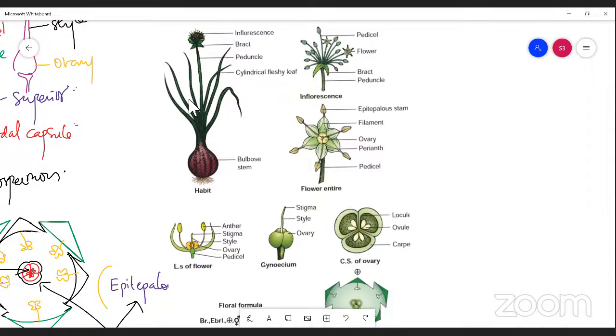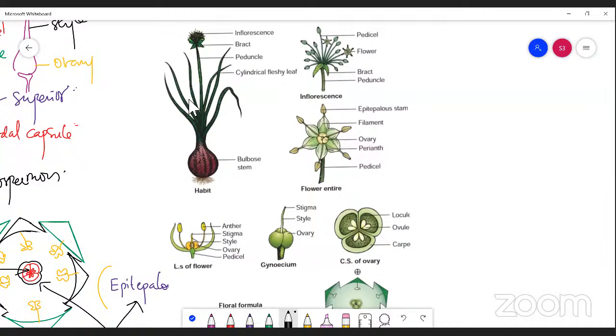Talking about inflorescence, it is simply scapigerous inflorescence. There will be a group of flowers originating from a very long axis, that is a peduncle. This peduncle consists of a cluster of flowers, and every flower consists of a stalk, that is a pedicel. So all the pedicels are equal in length, right? Talking about inflorescence, we have already discussed scapigerous inflorescence, and the flower is bracteate and ebracteate, and this